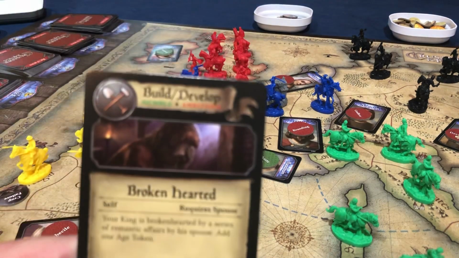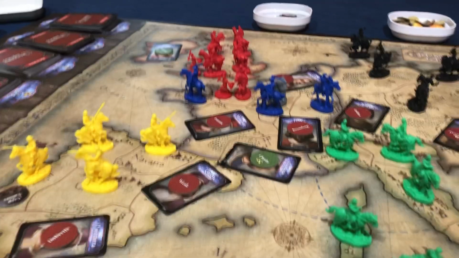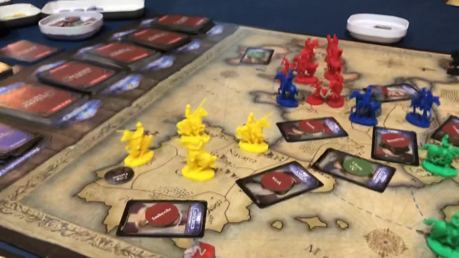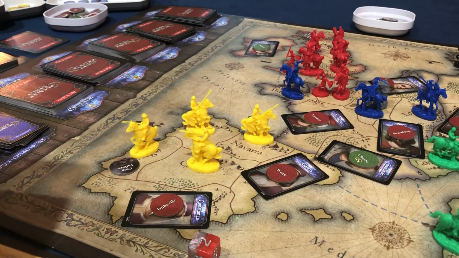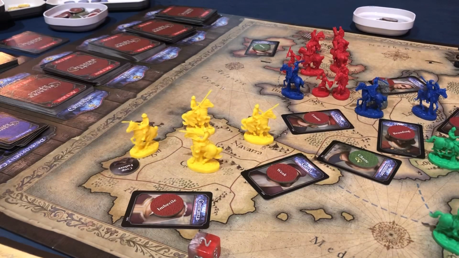They're going to build and develop. Okay, so build and develop for Germany is they want to build a castle. That's their top priority. They have unlimited money, so they're going to get to build it. So the only thing we have to do is check to see if they actually succeed. Yes, if successful, it costs you 3 gold. All right, so Germany does have to draw 2 tokens, and he does succeed. So he gets a castle,